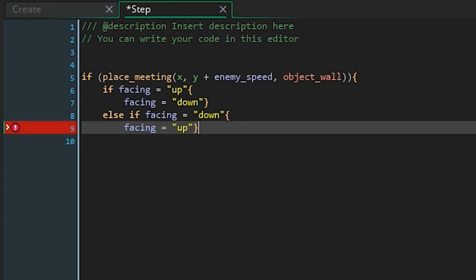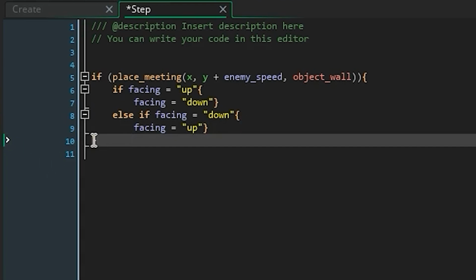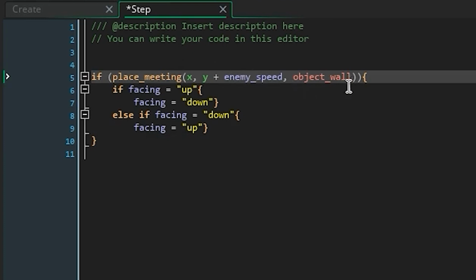So just to explain what we've got so far, we've closed that if statement there. We've got an if statement that checks if the spike, the enemy, is about to bump into the wall. If it is, we're going to choose this variable that says facing, and that's going to be going from facing up to facing down. And if it's not facing up at the moment, it checks if it's facing down, and if it is, it's facing up. So all this is going to do is flip the direction it's going to be